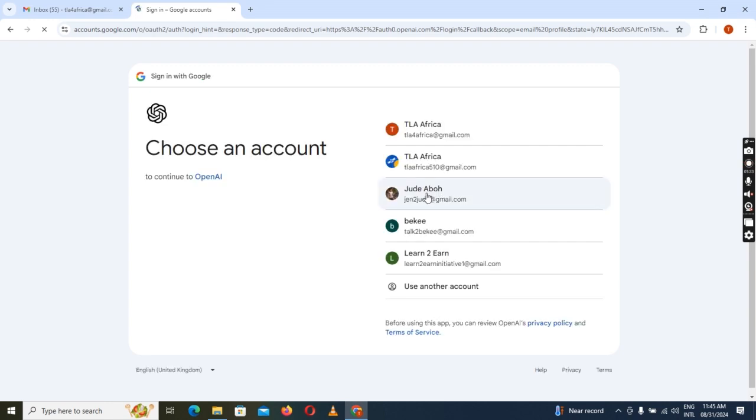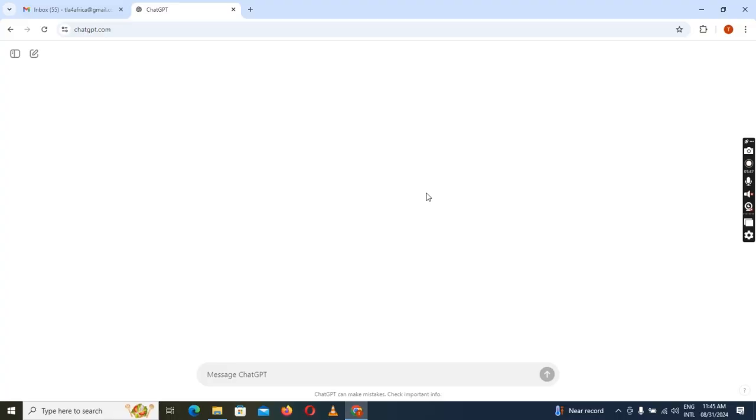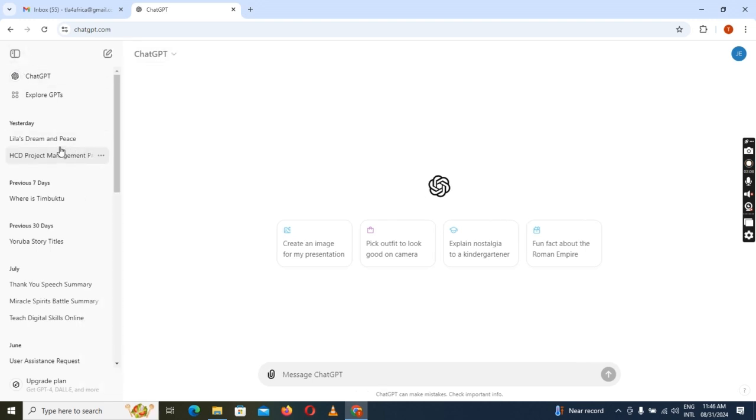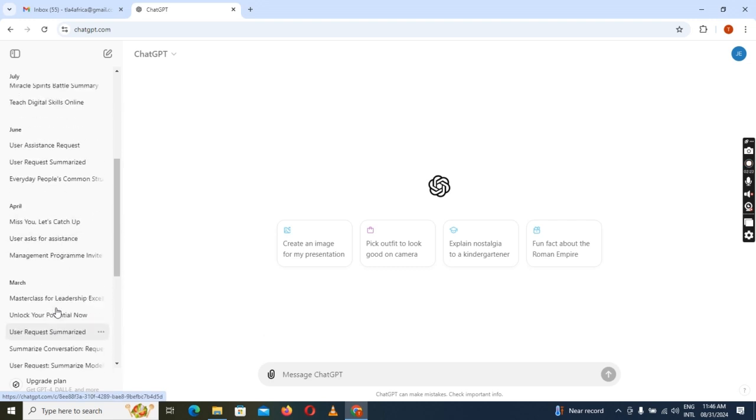I'm going to choose the email address I used in signing up. So I'm now logged in. If you look here, you're going to see the initial of my name to show you that I'm already logged in. And if you open the slider, you're going to see the chat histories. Yesterday, this is the script I generated yesterday. This is the other project I searched on ChatGPT in the previous 7 days. These are all the things I've been generating using ChatGPT,